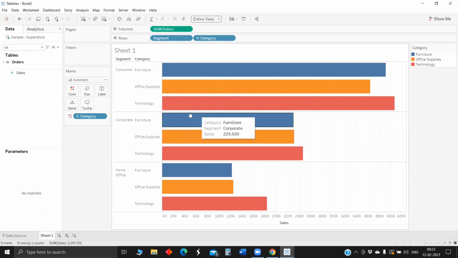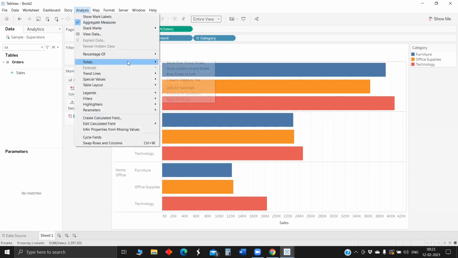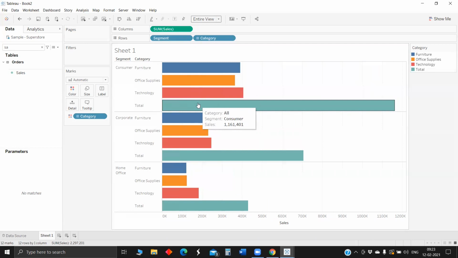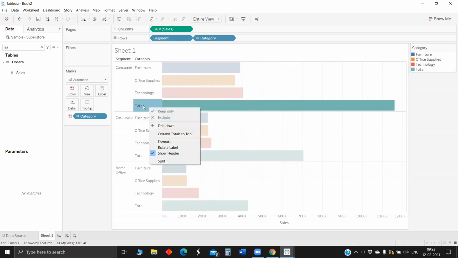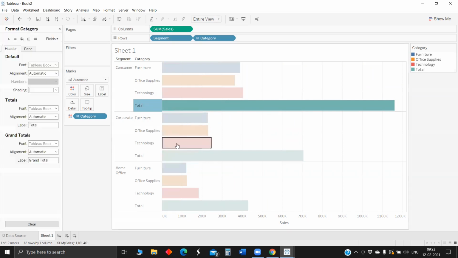Here the main agenda is to create a space after each segment. How do we do that? Adding subtotals is not meant for this, it has some other purpose, but we will use this feature to attain what we want to achieve. Once we get totals, we now have a bar below each segment. Now we will see how to hide it. For labels, click on the label, then Format, and there will be a totals heading showing the font, alignment and labels. Just remove that. So now the label is removed.